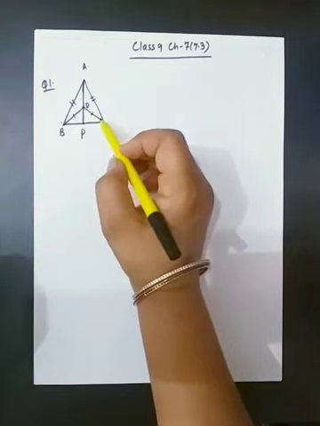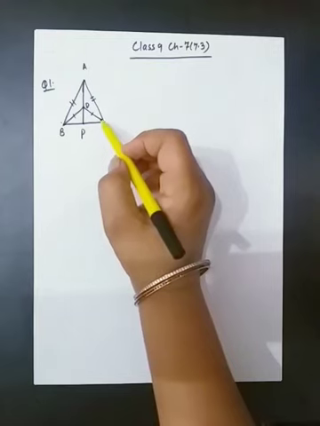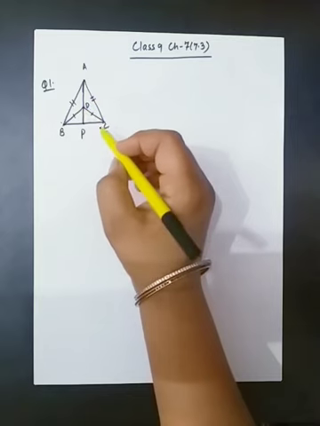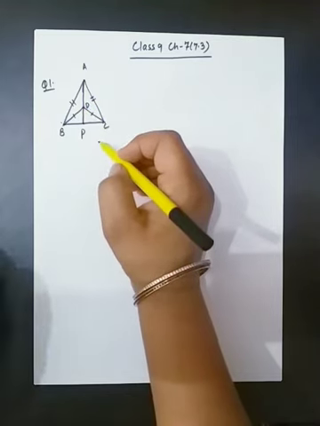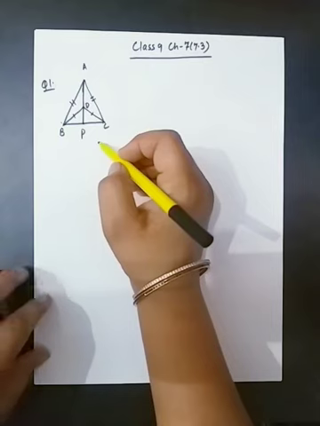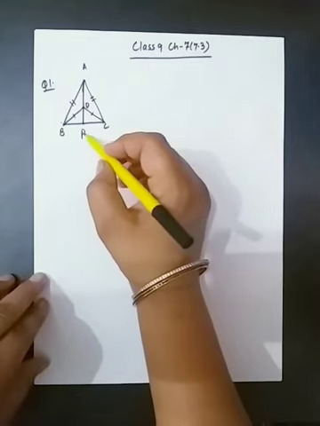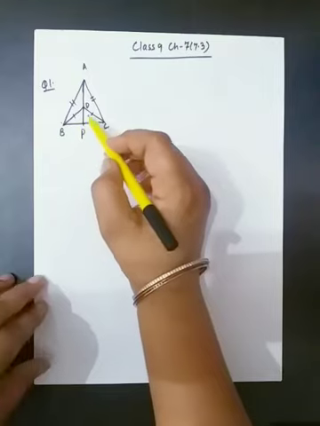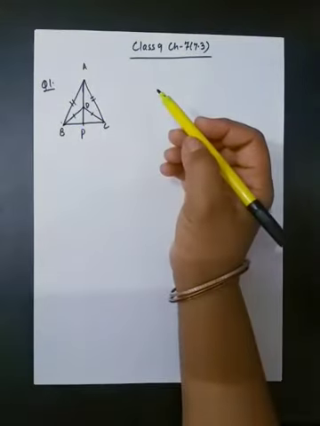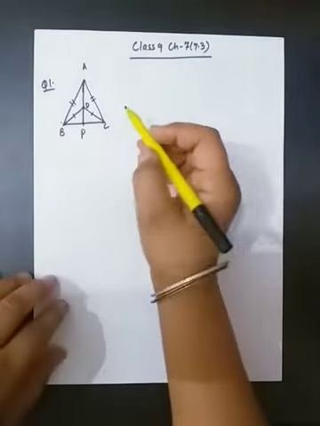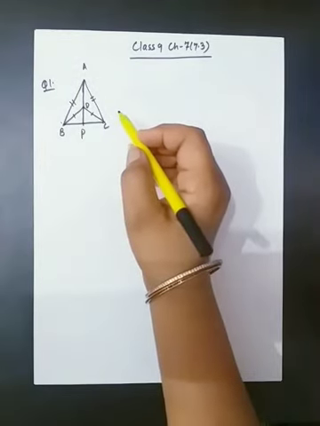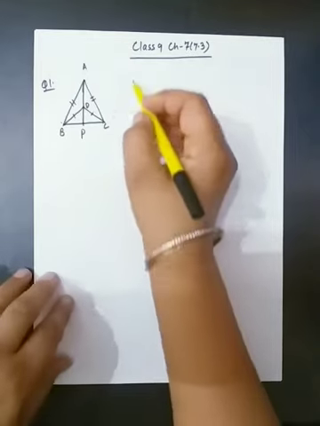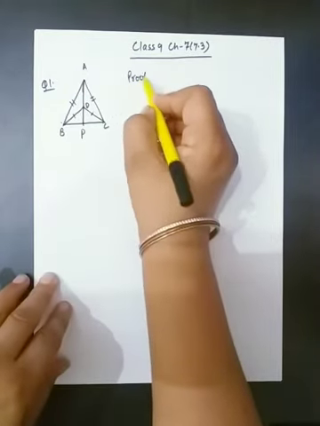Yes, this thing is very important because in the last exercise, the question we did had the vertices of the triangles on opposite sides of BC. If AD is extended to intersect BC at P, AD is produced to intersect BC at P, then we have to prove the given four parts. Some four parts are there, you can see in your books, and we have to prove them on the basis of this information. Let us start the proof.